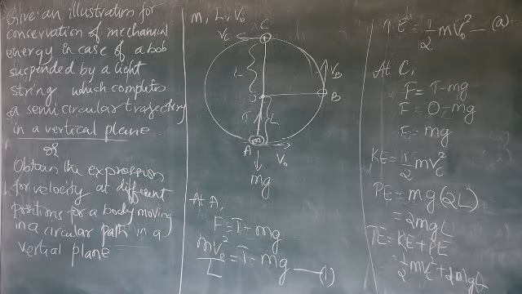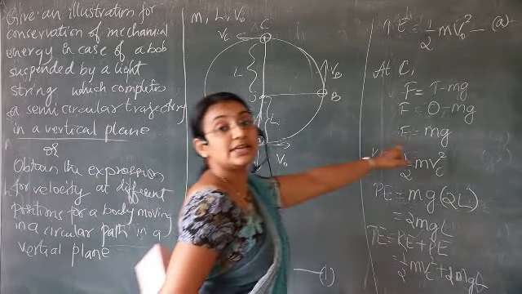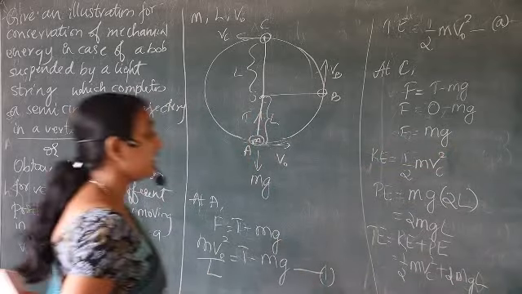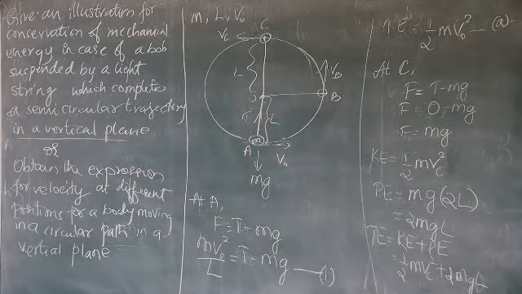How to convert this? Using the equation of motion. Can we continue? We cannot add vc square with mgL directly. How to convert it? See here, we got F is equal to mg. What is F? F is nothing but due to the centrifugal